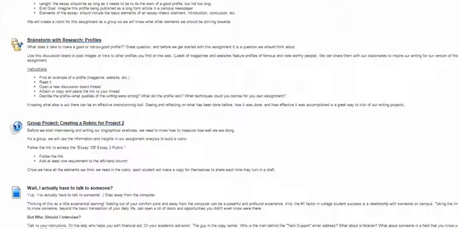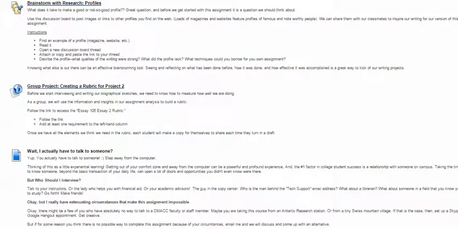Go out and find one that you think is interesting and then bring that link back and attach it to a discussion board post so your classmates can get an idea of some profiles that are out there. And while you're attaching your link, give your classmates some insights into what you thought about that profile. So this will be our kind of reading assignment for this essay.